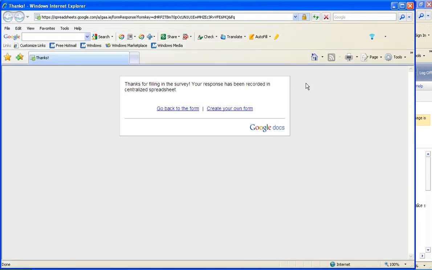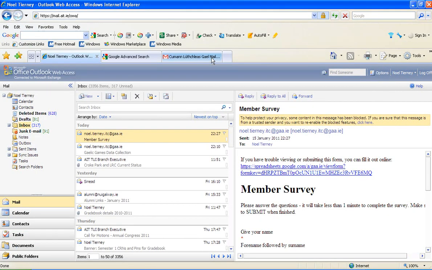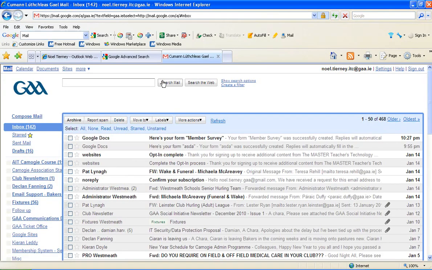So the recipient fills in the questions or fills in the responses, hits the submit button and now gets the feedback. So you might add your name to that as well at the bottom, just to personalize it a little bit. So that's the questions filled in. So several other users might have got the same form in an email, and they've filled in their responses as well. So when you go back to my GAA email account,